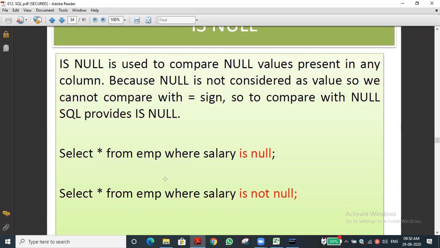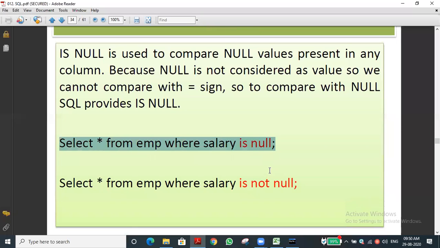Can you give the explanation for the first query, the previous query I'm asking? Select all will display the records only if the salary column is null. Where we missed to give the value, that is considered as null only. If you didn't give the value, automatically it will take the default value null, or else we can give the default value also.